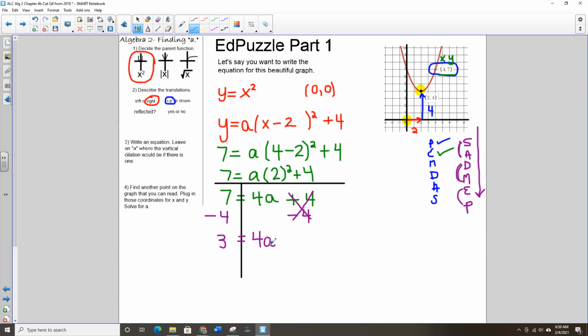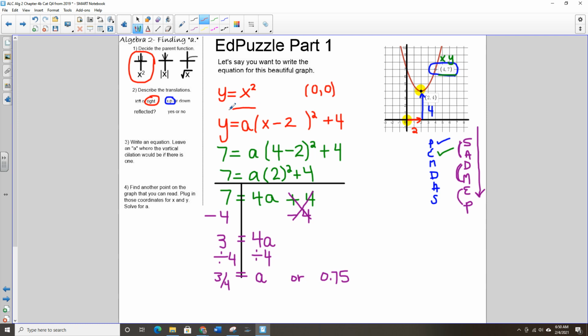Last step. How do you get that 4 out of there? How do you undo the 4A? You divide by 4. And you can answer this as a decimal or as a fraction. Now, I grew up everything fractions. I feel like you guys are growing up everything decimals. But you can say it's 3/4. Or what is 3 divided by 4 as a decimal? 0.75. Now this would get you almost all of the points on one of these screens, but your last step